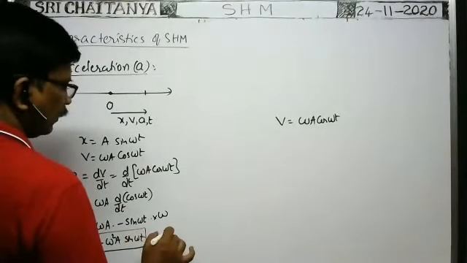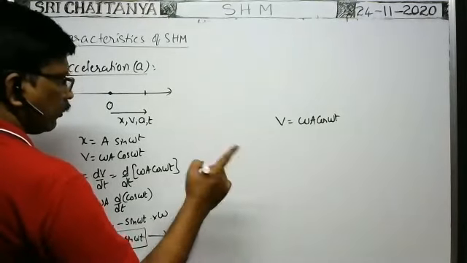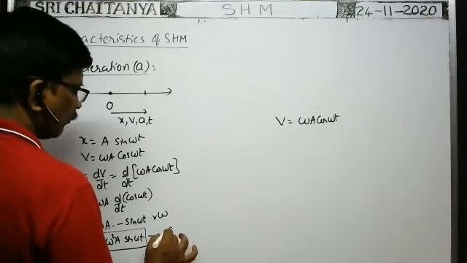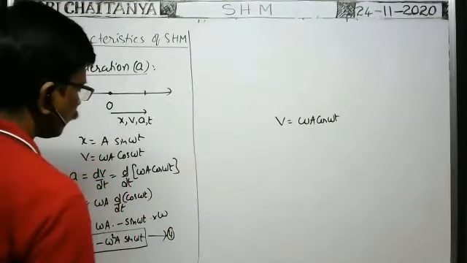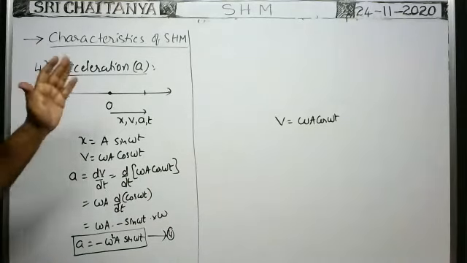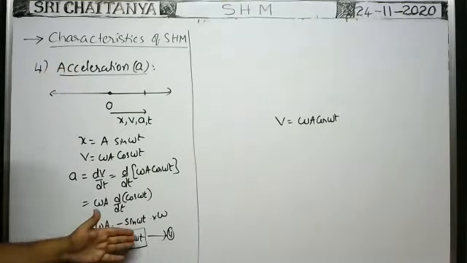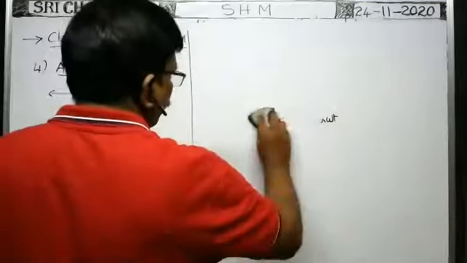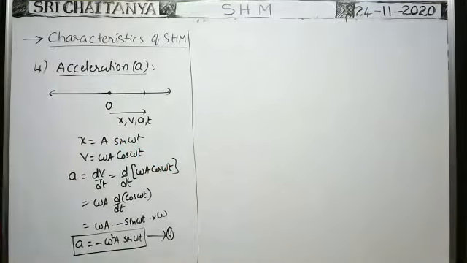This is the fourth equation, previously we got the third. This is the acceleration of the particle in SHM when motion is considered from the mean position. According to this equation, we can show how the acceleration of the particle varies with time. Now we have to represent it graphically.